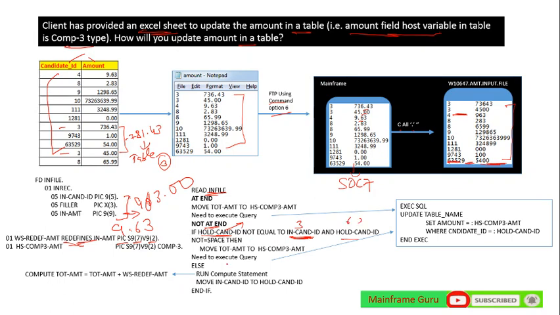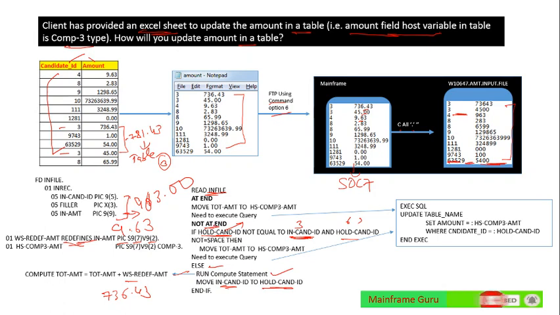So it will not go there, it will go to else, and our compute statement will run. Then the amount will come to 736.43, and then it will move candidate ID to hold candidate ID.